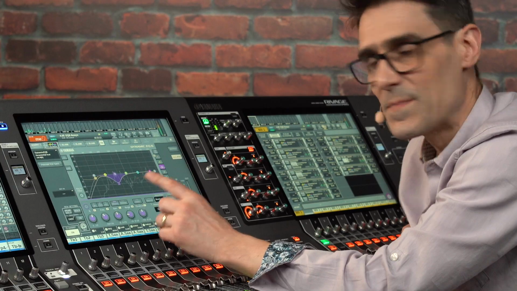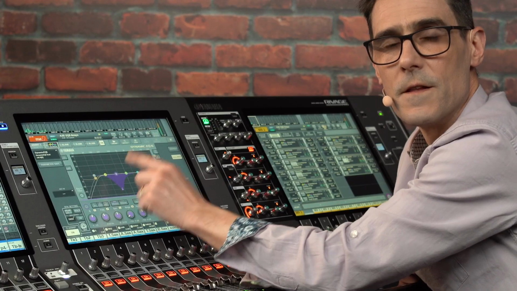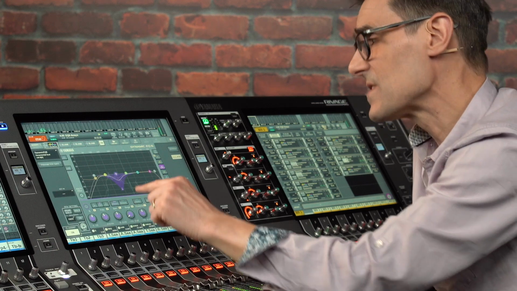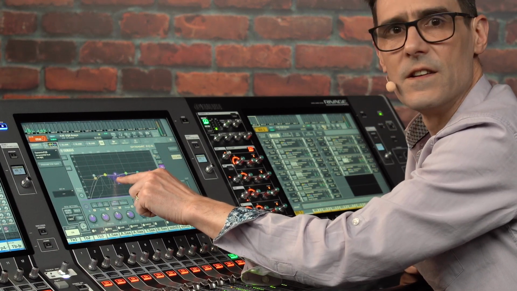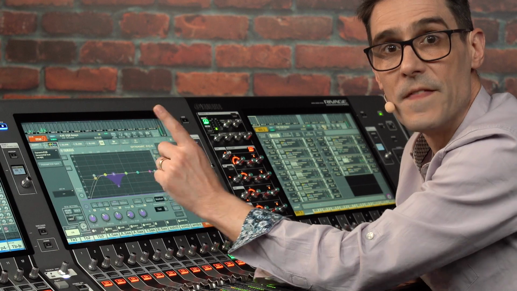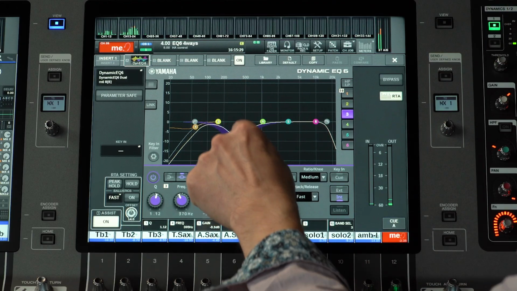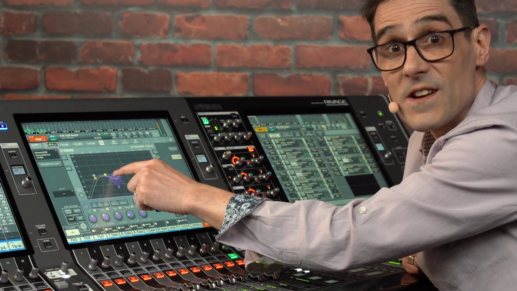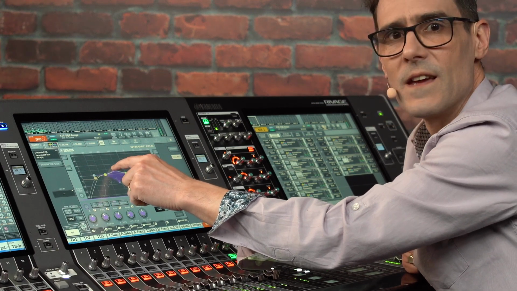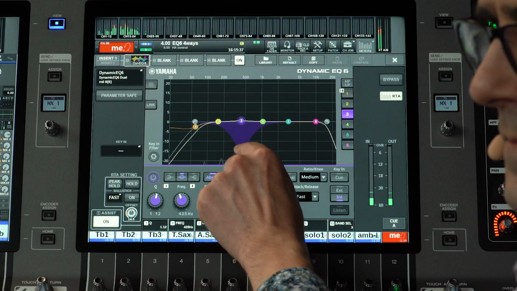You can adjust these by dragging on the screen, by the way. The first time you touch a band, you'll start to drag the range, move it up or down. Then you can adjust the gain separately. Frequency will be adjusted from either the gain or the range marker.